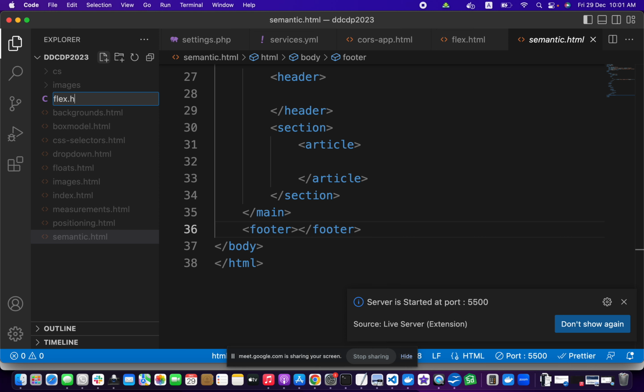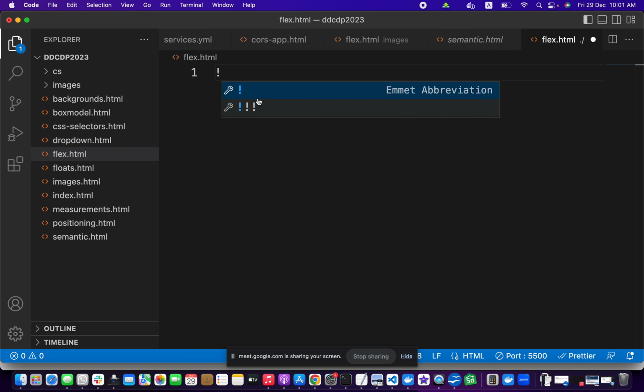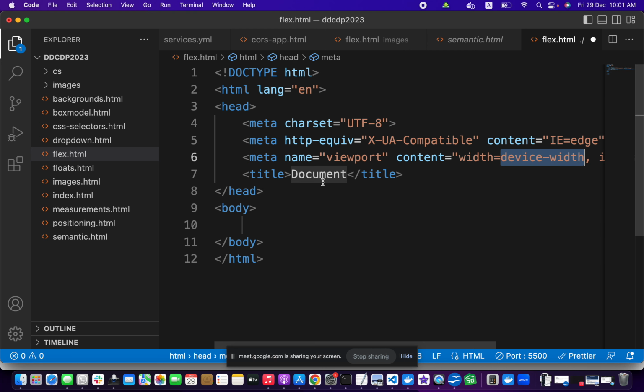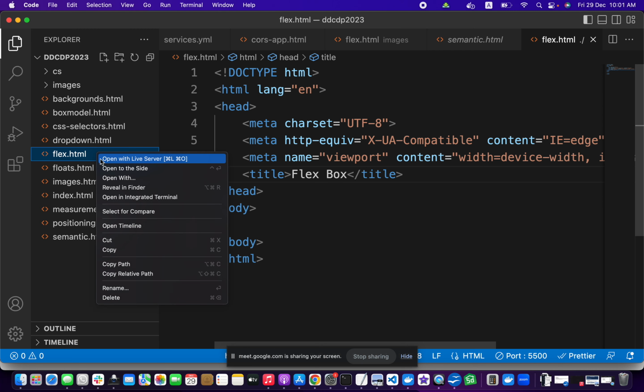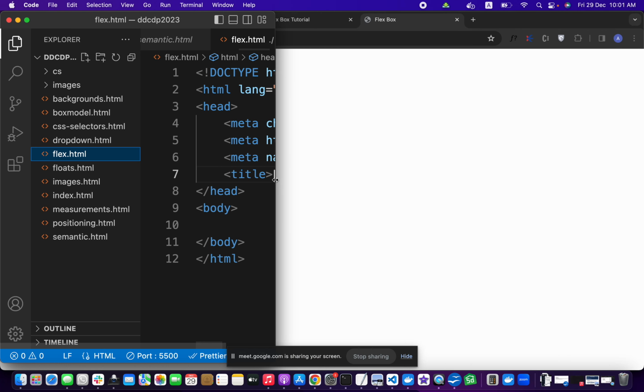Let us create another one, and then we will just add some content. Now I will just click on open with Live Server. Just close the previous one. Okay,